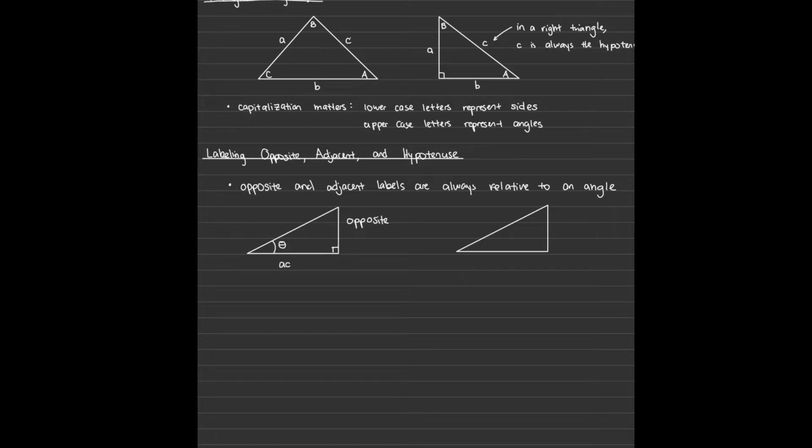Then the adjacent side becomes the side that has both the right angle and also your chosen angle theta. And the hypotenuse is the longest side. I know a lot of people tend to remember that, and also the side that is opposite the 90-degree angle. But let's say we have this exact same triangle, but instead of putting my theta here,